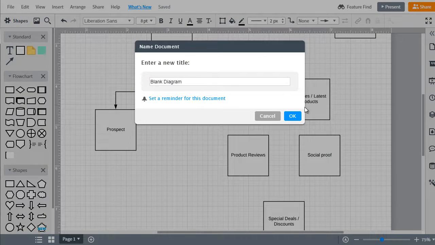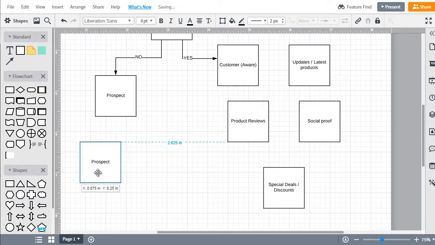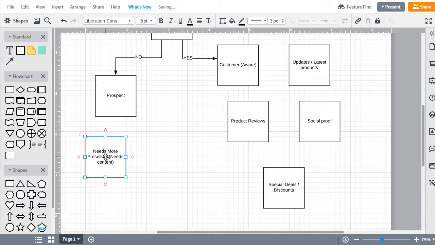But what about the prospect? The prospect is going to need to have a little bit more pre-selling. So we're going to say needs more pre-selling, needs content. And this one little block could equal many different blocks based upon what they are looking for. So what else do they need?